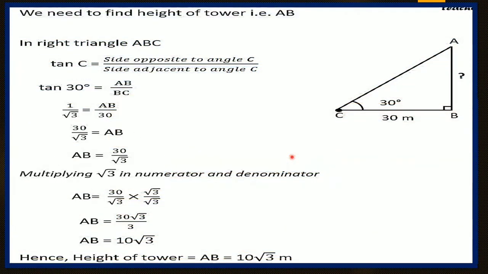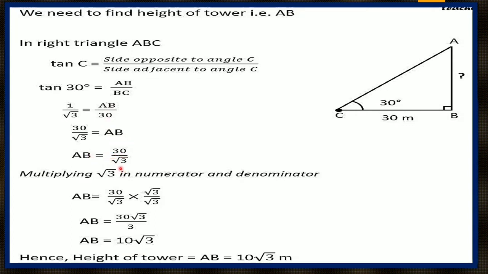So let's see. In this again I will consider this right triangle, and I need to find the height of the tower. Consider AB as the height, right? So here you can observe this is perpendicular and this is base, and the relation between perpendicular and base will be either tan or cot. So better we'll use tan theta. So tan theta is equal to what? Opposite side divided by adjacent side, means perpendicular upon base. So here tan theta is equal to 1 upon root 3, which is equal to AB upon 30. So the value of AB is equal to 30 upon root 3.